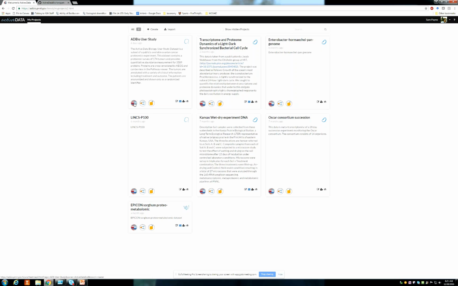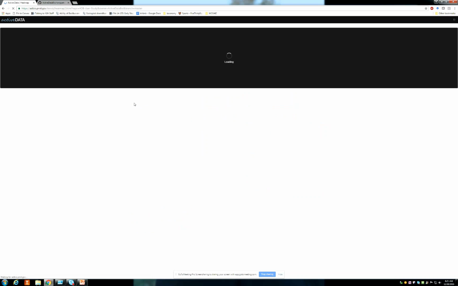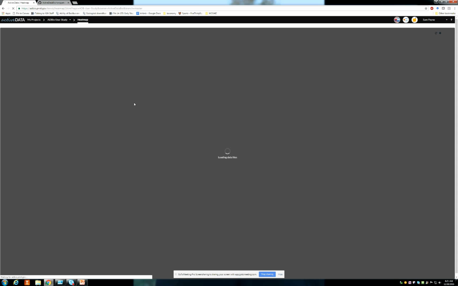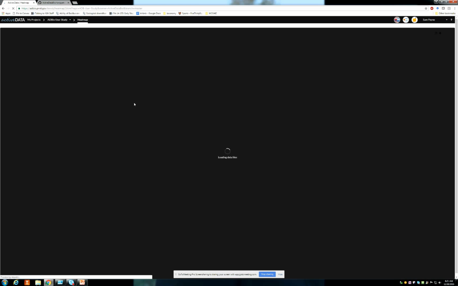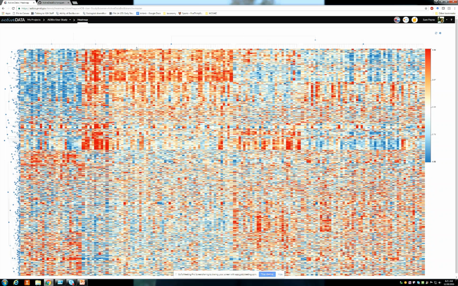So we present data for this in a heat map. And the heat map looks like this. I'll orient you really quickly. Each of these columns in the heat map is a different patient. This is one specific patient, and all of the values in the different rows represent the abundance of a protein in that person's tumor. Red is by convention more abundance, and blue is by convention less abundance.